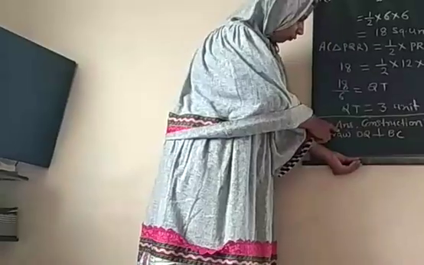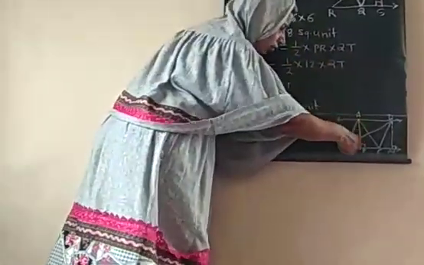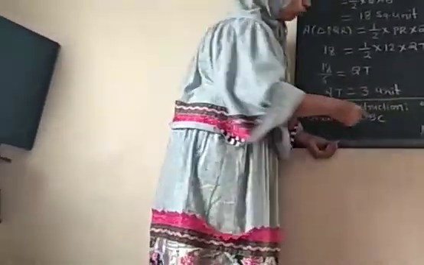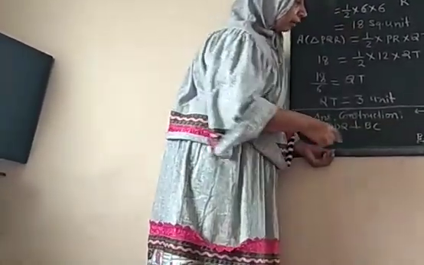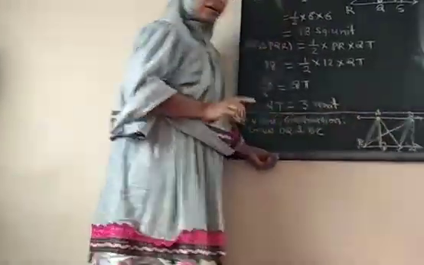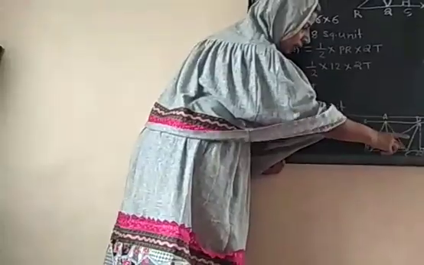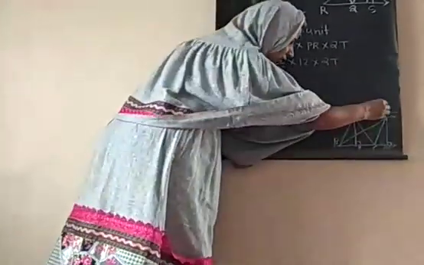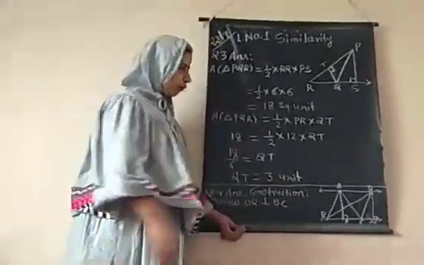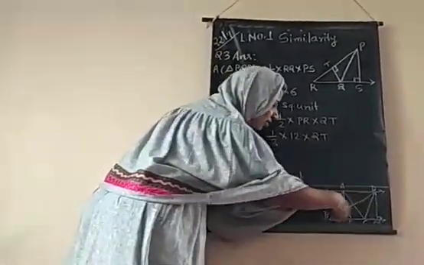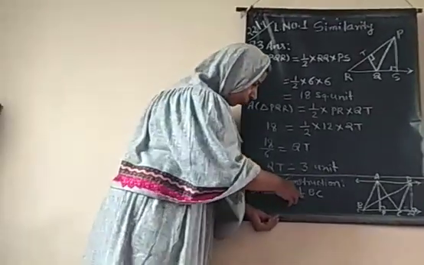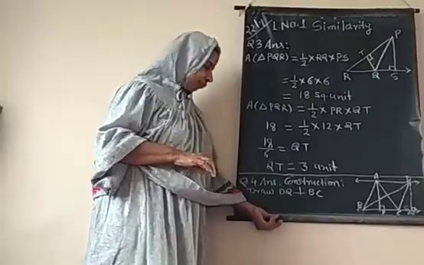Now in question number 4, this figure is given where in triangle ABC, this AP is the height to side BC, and BDC is another triangle which has the same base, and by construction we are constructing DQ as the height of the same triangle DBC. So DQ is our construction. So DQ is perpendicular to BC.